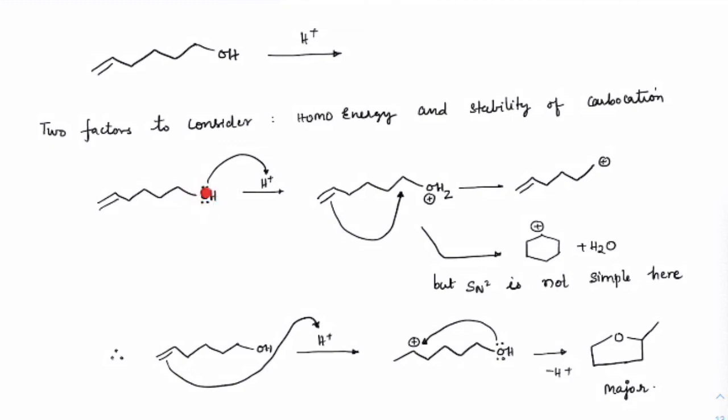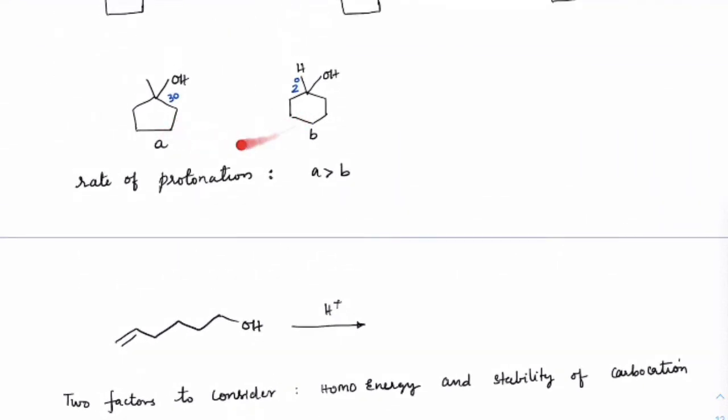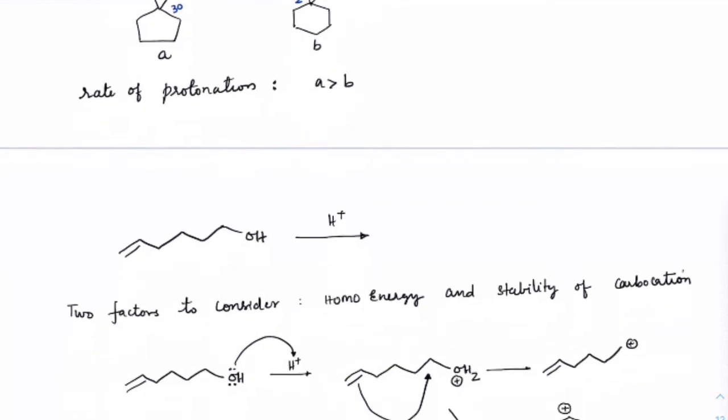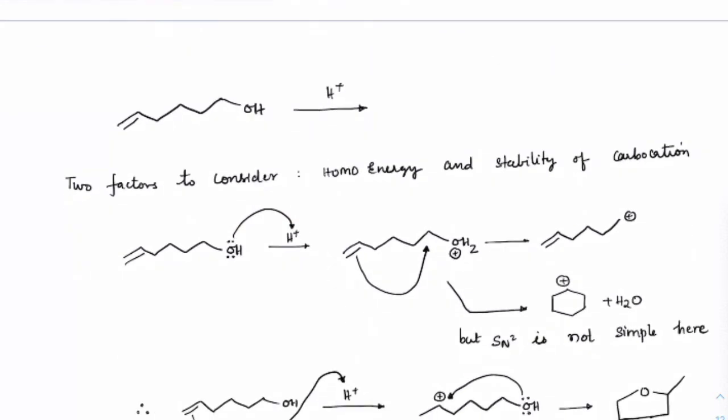Suppose oxygen's lone pair is attacking, it is getting protonated. Just now I told you, between 1-degree and 2-degree, if you check out, the primary attack would definitely have a lower rate as compared to that of 2nd degree or 3rd degree. Anyway, it is given primary here, so we have attached OH2 plus as a form.